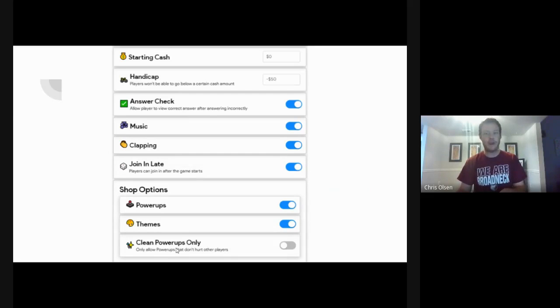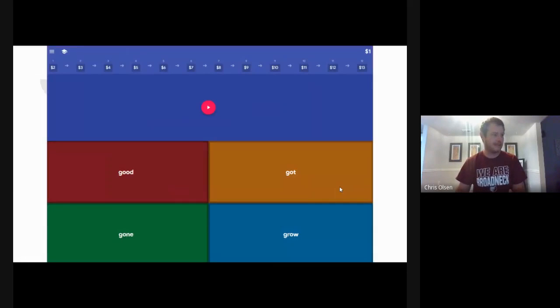And that bottom one, the clean power-ups only, is in the game mode. There is a way where you can sabotage your opponents. You can use some of the money to blur the screen of somebody else in the class or freeze them so they can't do anything. You can also send gifts by increasing a fellow classmate's total cash reserves, or you can steal cash from them and reduce how much cash they're earning. There are some cool little features with it.